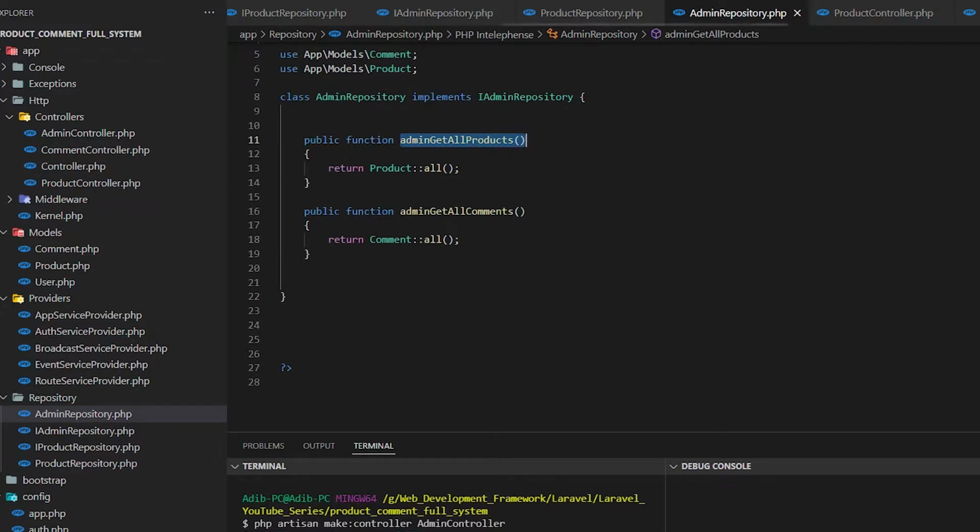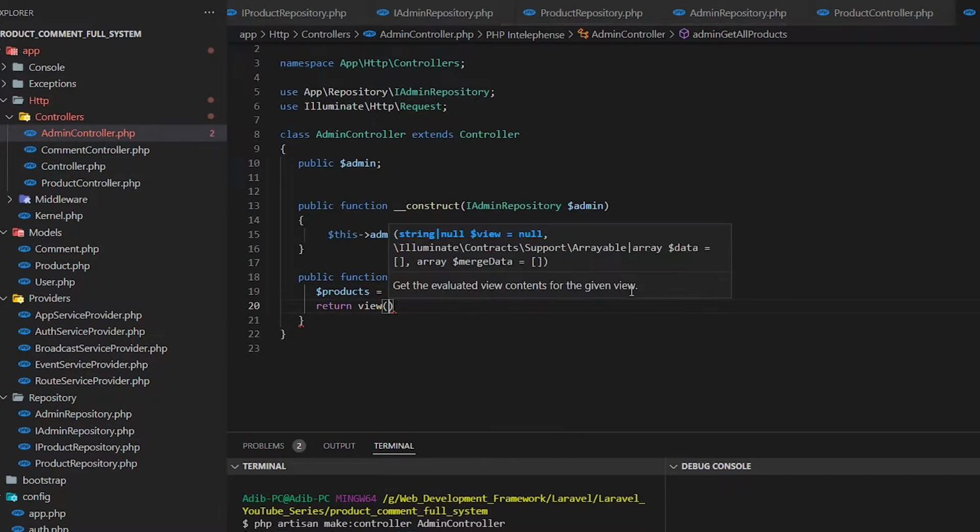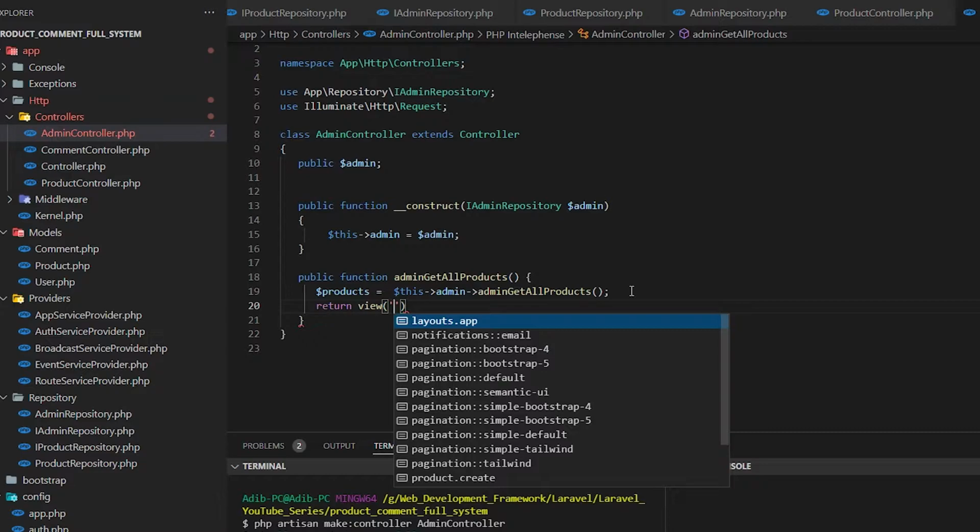Okay, in the admin controller, as you can see, we are calling the same function of the repository. So this controller function and repository function have the same name, so that we have a proper match, so that we can identify it in the route perfectly. We have the same name, and we need to store it in products. Suppose we get all the products information, and in the controller we're going to return it to the view, and we're going to name it